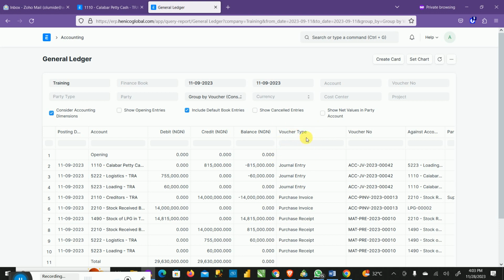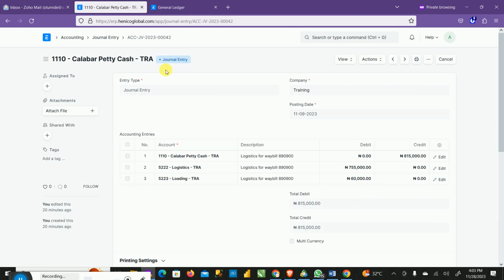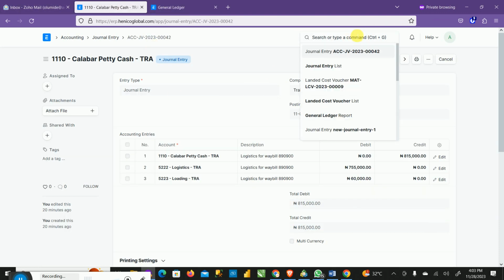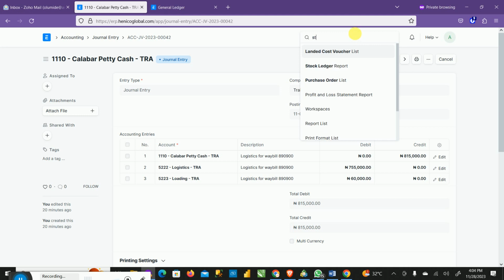Because the product is in the goods in transit warehouse. So we now need to move it from the goods in transit warehouse to maybe our selling point or whatever. All you need to do is, there's a document here called, I think, stock entry. So if you go to your stock entry list,